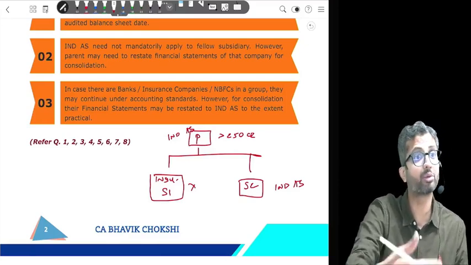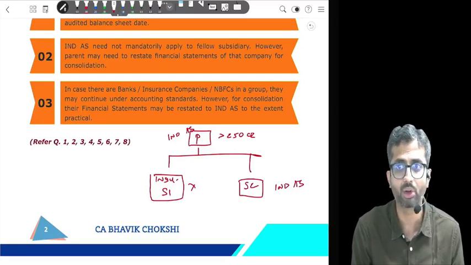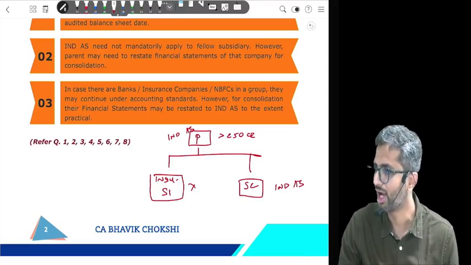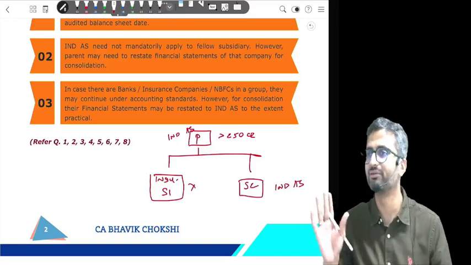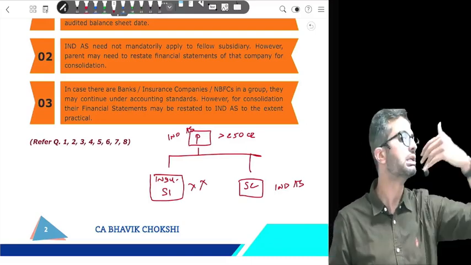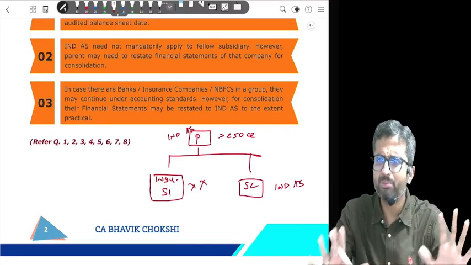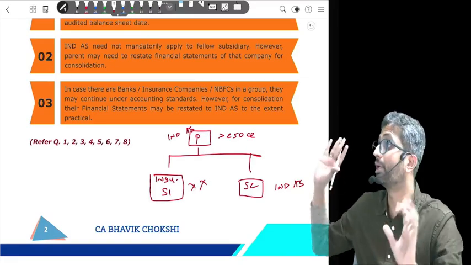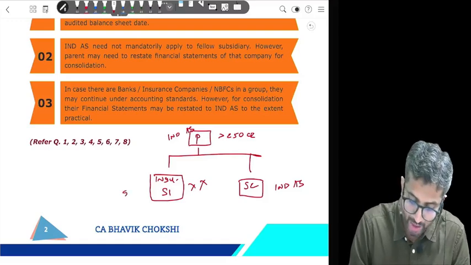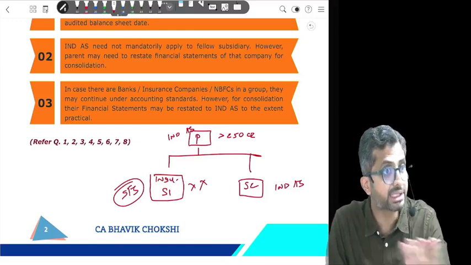So will the insurance company have to follow Ind AS because it is a subsidiary of a company following Ind AS? Yes or no? Subsidiary, associate, joint venture? Are you sure? Okay, we stick to our answer. Perfect. Ind AS is not applicable. Even if my parent is following Ind AS, so what? If I am a bank, an insurance company, or an NBFC subject to certain limits, I will have independent application and not application because of my parent. Are we clear? Ind AS is still not applicable when they prepare their SFS. You understand SFS? Separate or standalone financial statements, Ind AS is not applicable.